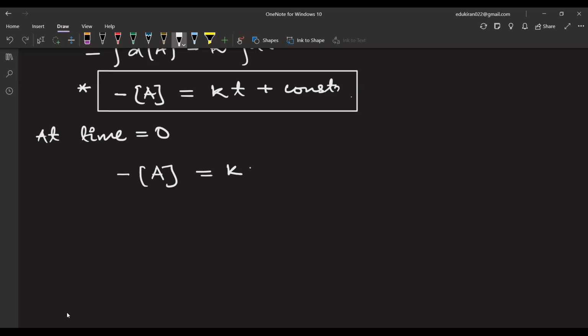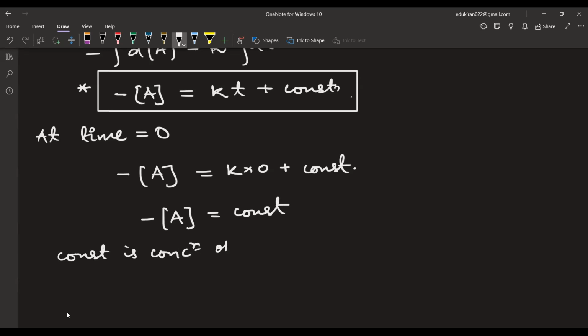is equal to k into 0 plus the constant. Now k into 0 will be equal to 0. So this will be minus a, which is equal to the constant. Right. So the constant is the concentration of a when time is equal to 0. That is the initial concentration